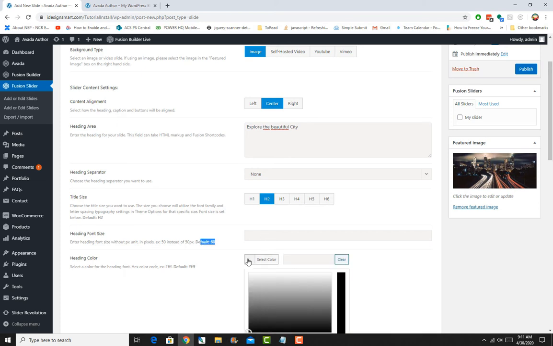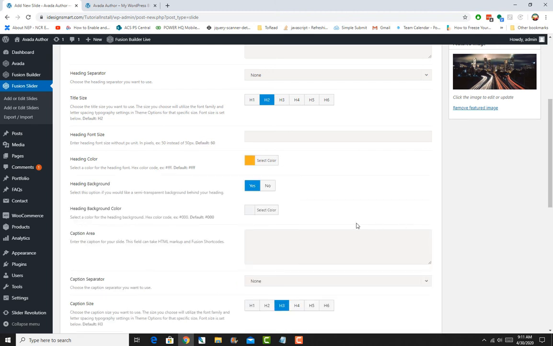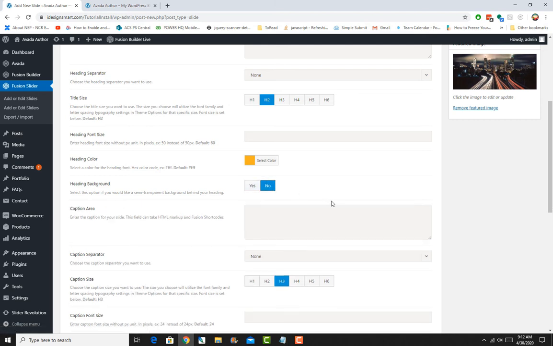Heading color, if you'd like to change that, yes, we would like to change that, and we'd go with something like a primary color of our website. Heading background, select this option if you have a semi-transparent background behind your heading. Yes, so that's the default. I can just change that to a no. Caption area, okay,